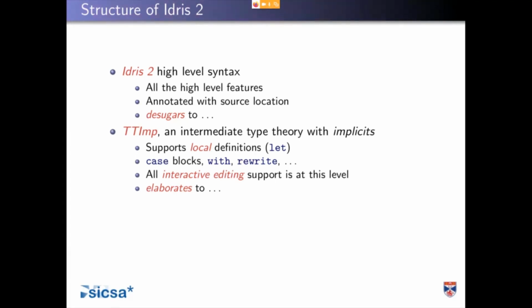Interfaces have been translated into records plus functions that look up things from those records or build records. So it's still got case blocks. All of the interactive editing support that you'll use in your editor or at the REPL is all done at the TT-imp level. So that means if you decide you want to write a new front end,